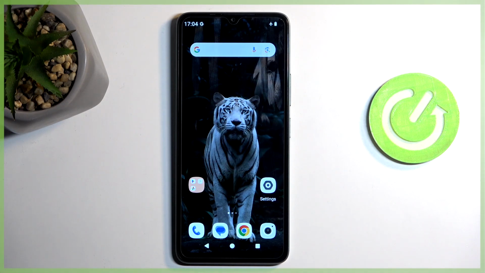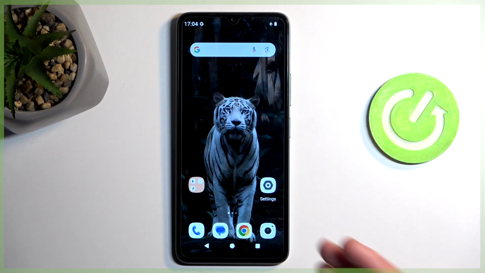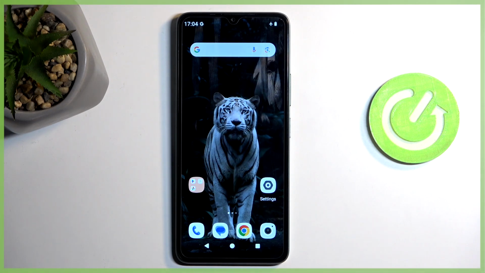On most devices, when you try to do this, it will just give you a pop-up that basically says it's blocked with some message, but here the phone tries to capture it but just gets a black screen. Now, anyway, with that being said, hopefully you found this very helpful,